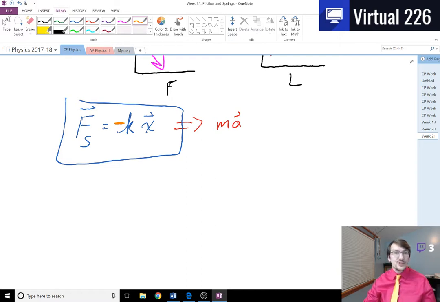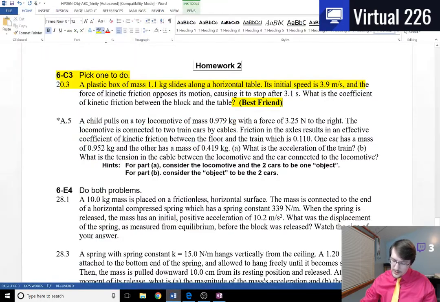Just like when we saw friction, just like when we saw weight was equal to mg, spring force is just equal to kx. And we just toss it in an F equals ma equation, and we get the same things as always. So if we kind of look at a problem here,